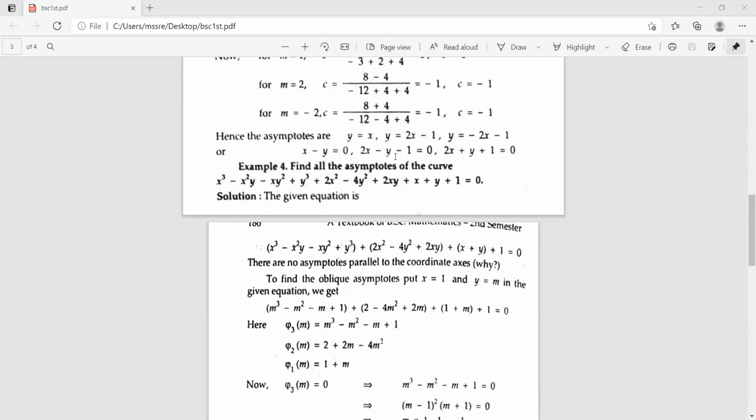Find all the asymptotes to the curve x cube minus x square y minus xy square plus y cube plus 2x square minus 4y square plus 2xy plus x plus y plus 1 equal to 0. Problem looks to be lengthy, but solution is simple. The given equation is x cube minus x square y minus xy square plus y cube plus 2x square minus